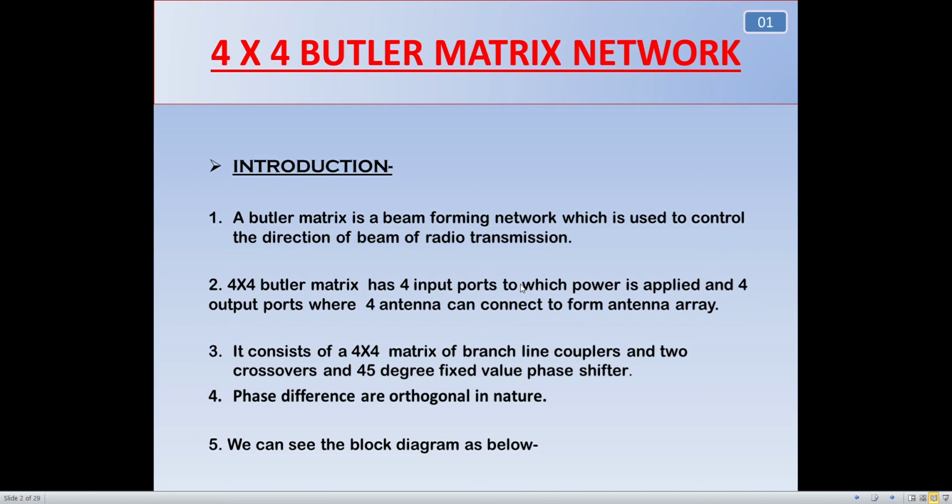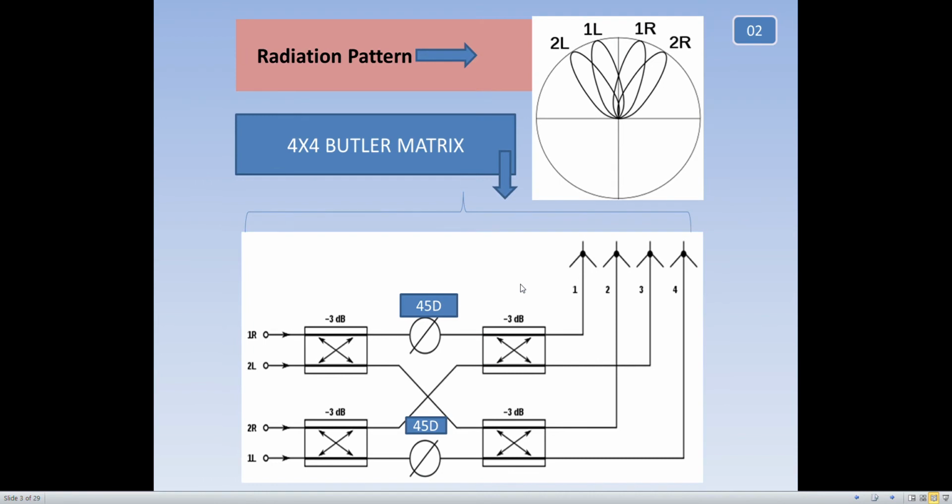Okay, so let me introduce first of all what a Butler matrix network is. To understand it, first of all I want to show you this picture. You can see here the whole setup. If my cursor is visible to you, you can see that this is the whole setup. And what is this? This whole setup is called a switched beam patch antenna array. Now what does this mean? What is the function of a switched beam antenna array?